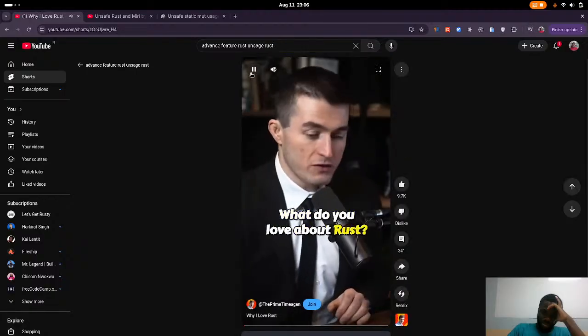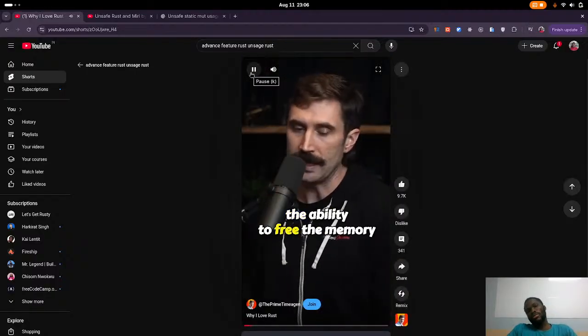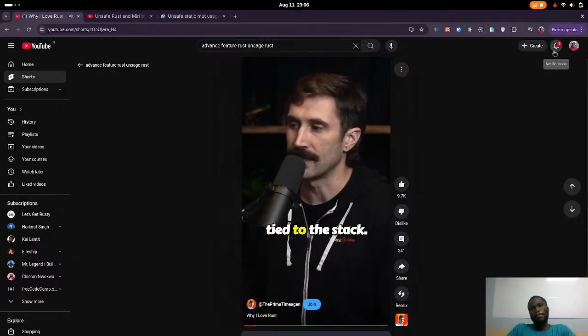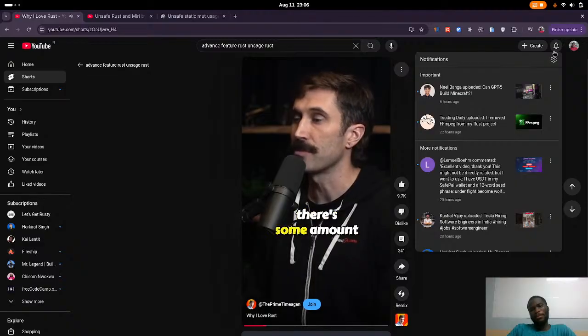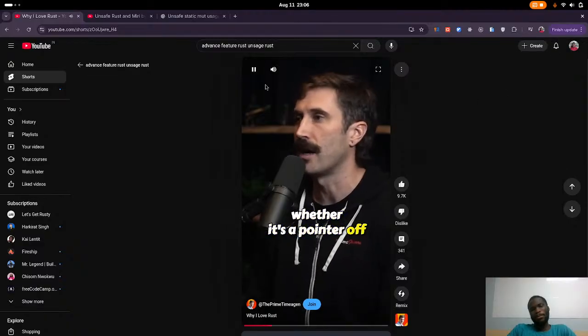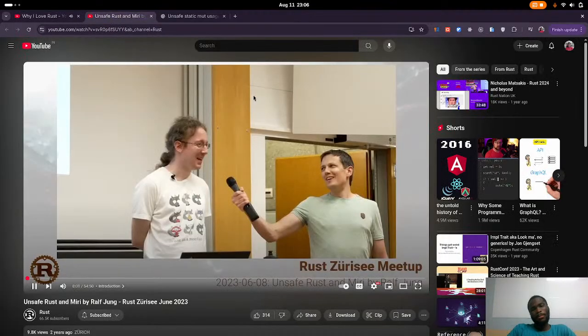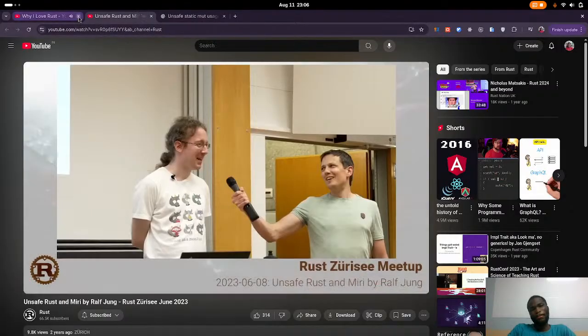What do you love about Rust? What I love about Rust is that the ability to free the memory that you're using is directly tied to the stack. So whenever you create something, there's a stack variable or some amount of stack memory, whether it's a pointer off to the heap, a pointer and a length. So, some amount of memory on the stack and then some